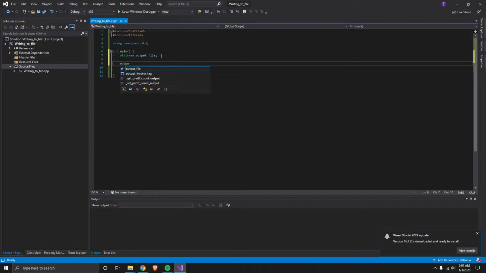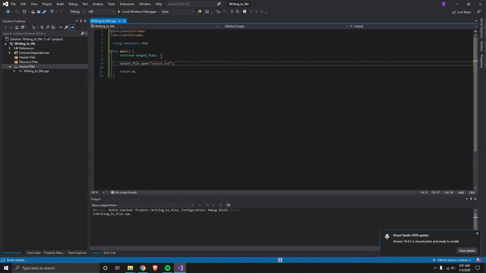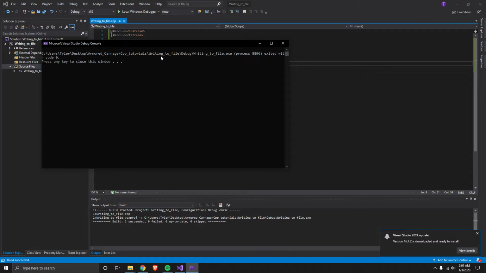So how we would do that is outputFile.open, and then in here are your arguments for it. We'll just call it output.txt is going to be our file. Then actually we can go ahead and just run this, and it will create